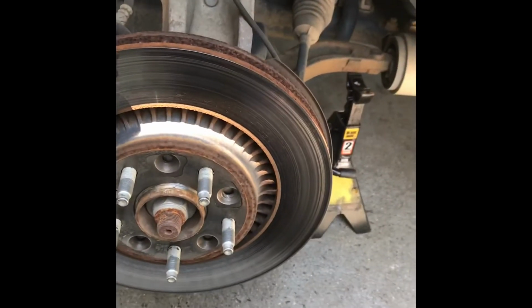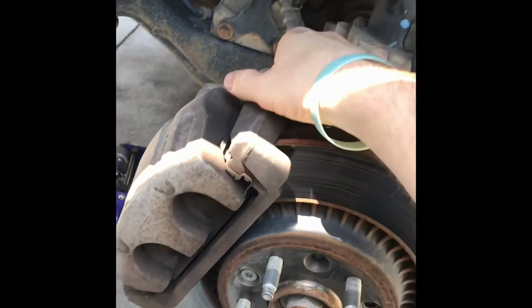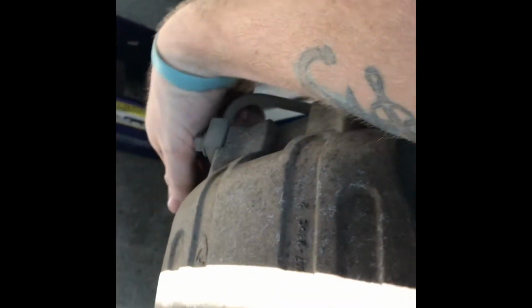This is a 2006 Ford Freestyle. I'm doing the brake pads on them. So this is the front driver side. Basically, you got two bolts, one here and one here, and they basically just thread in. That's what holds the caliper on. Once you get those two out,